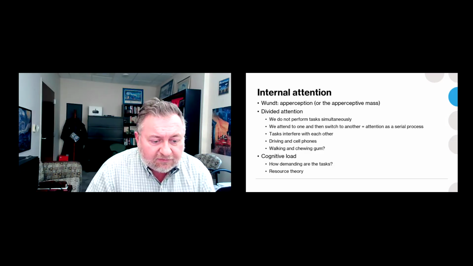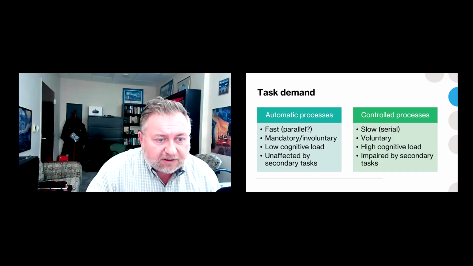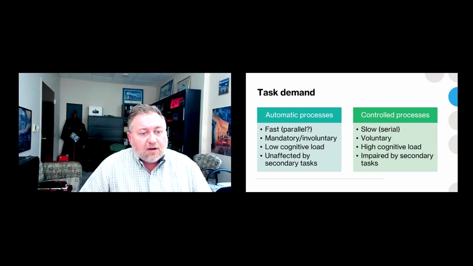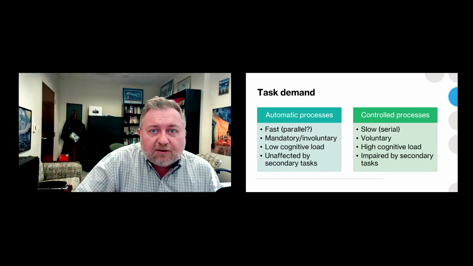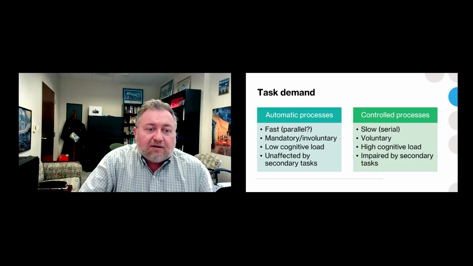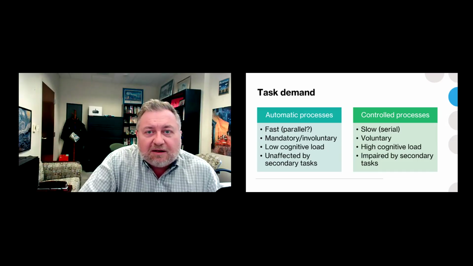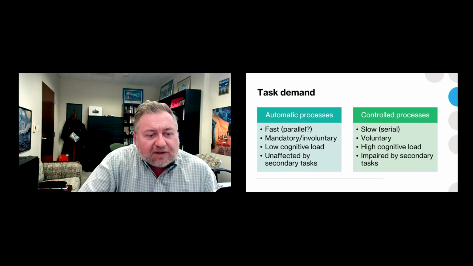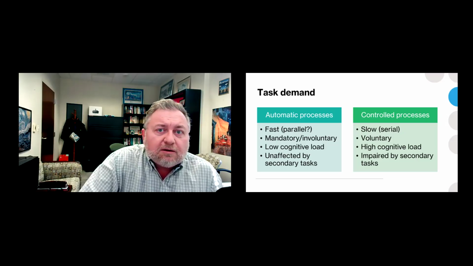What makes a task difficult? We're going to approach it maybe in this perspective here. We can talk about tasks as being either automatic or controlled. This is a way of describing how demanding they are. Walking and chewing gum should both mostly be automatic processes. And so an automatic process is synonymous with something that's not very difficult, and in particular is well learned, right?